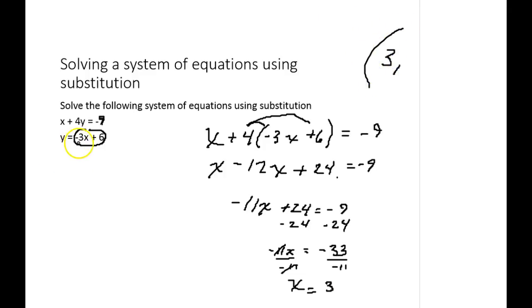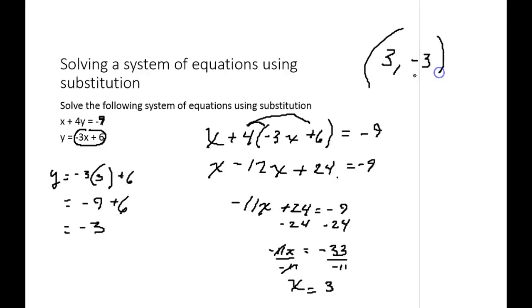Now I'm just going to plug it into that second equation and see what y is. y equals -3 times +3 plus 6. -3 times +3 is -9 plus 6 equals -3. So my answer is +3, -3. Plug it in the other one, see if it works. 3 plus 4 times -3 is -9. Yep, it works. So my answer is 3, -3. There's a couple of examples using